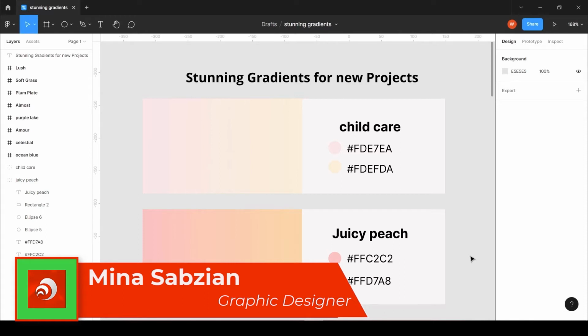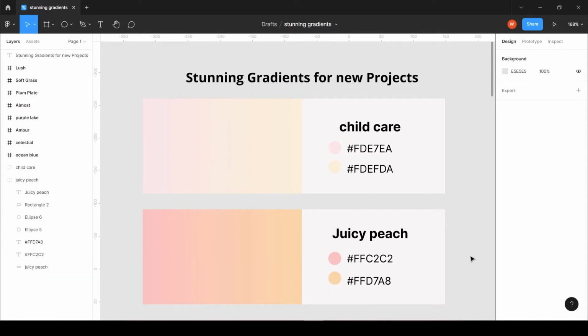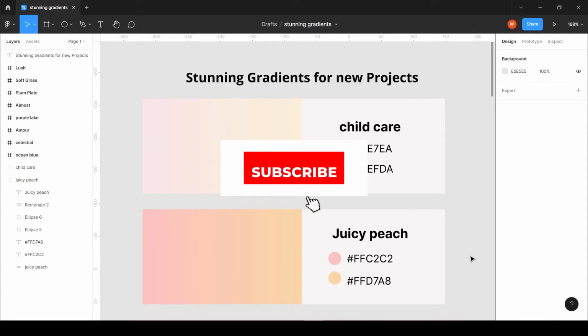I'm a graphic designer. Today we want to see some stunning gradients which we can use in our new project, especially in Figma for mobile application or web design. Now you can open Photoshop or Figma, it's up to you. I prepared them and now I'm going to show you what their names are and what the color codes of them are. You can see them and you can save them and use them in different situations in